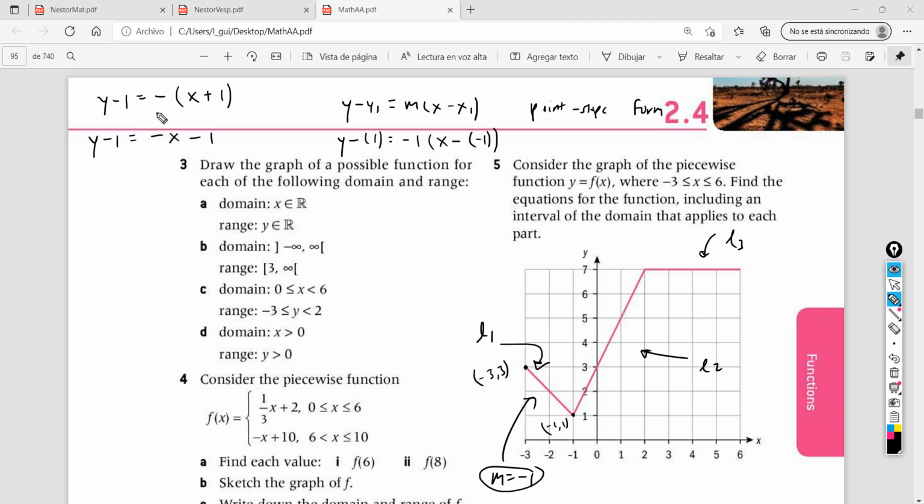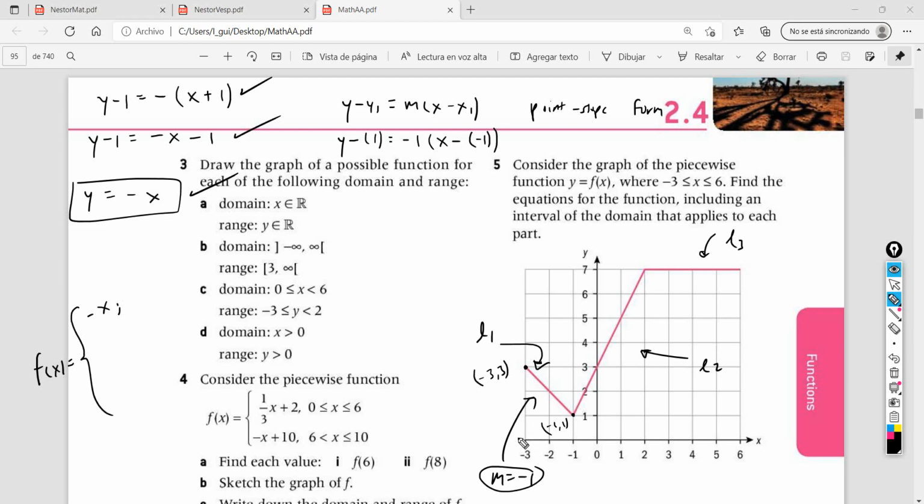And then, I mean, this is already okay. This is a little more simplified. And then if you want to simplify a little more, you go like this: y equals minus x, after you add 1 on both sides, right? So this is the most simplified version of the equation of this line, and that's how you get it. So I'm just gonna do this part. f of x is gonna be equal to minus x